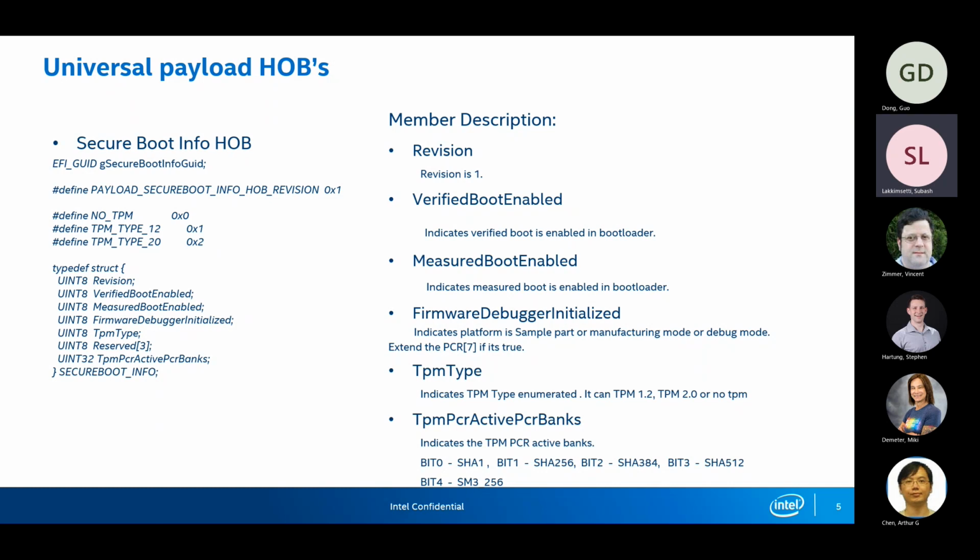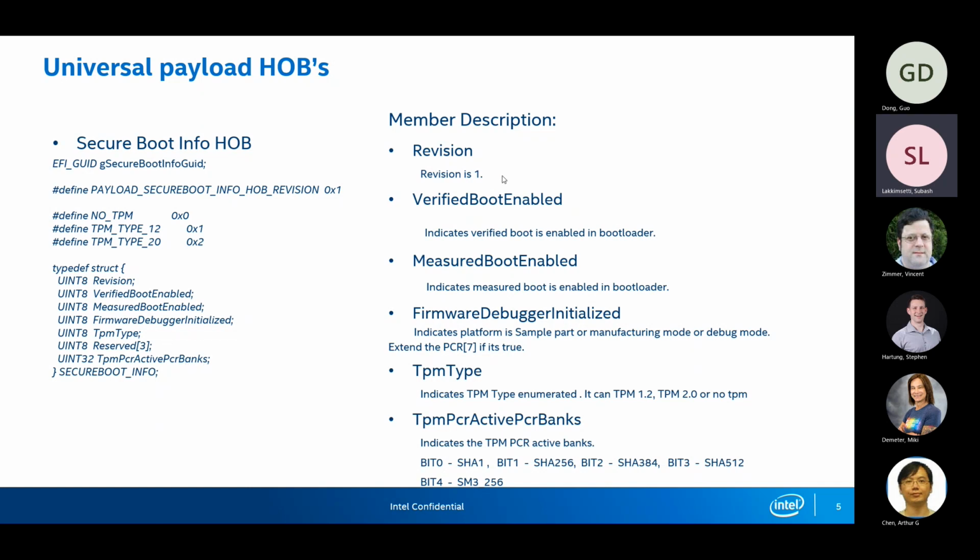For enabling this in the upper level, these are the information items the bootloader has to pass, and the same should be consumed in the payload. For example, this is the secure boot information HOB. It has a verified boot enabled flag, a measured boot enabled flag, a firmware debugger initialized flag, the TPM type, and the TPM PCR active banks.